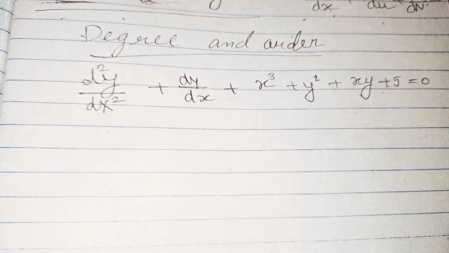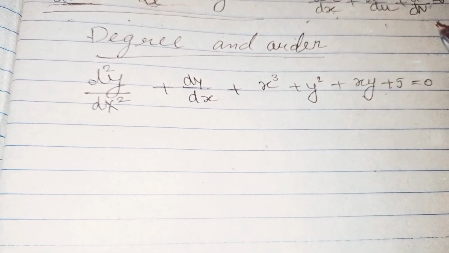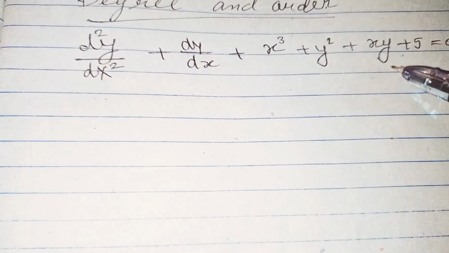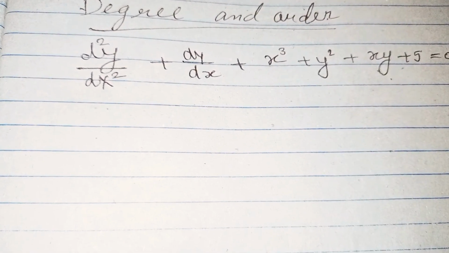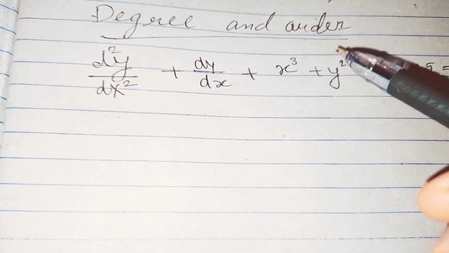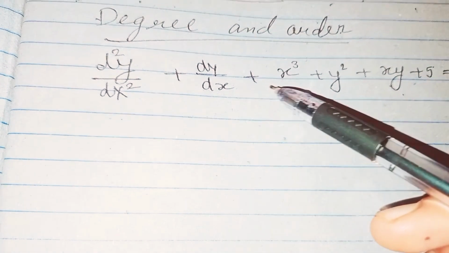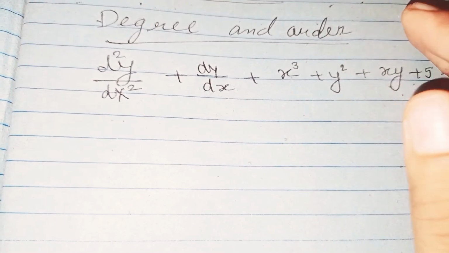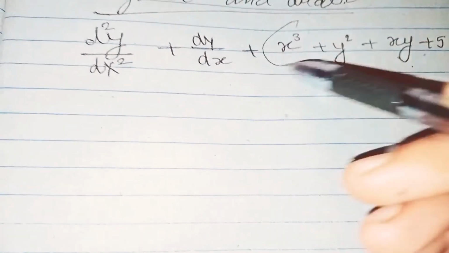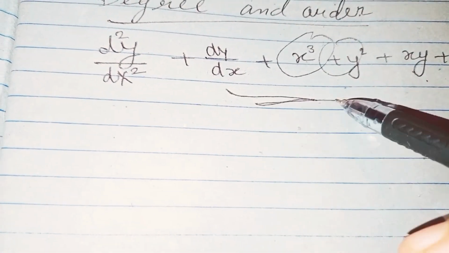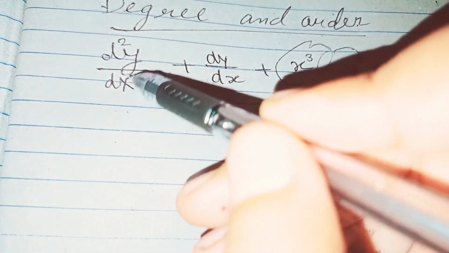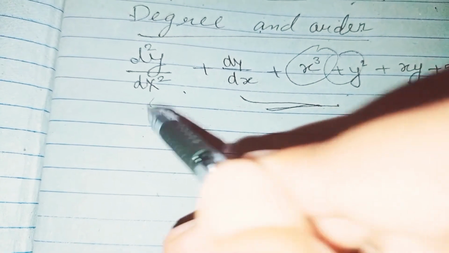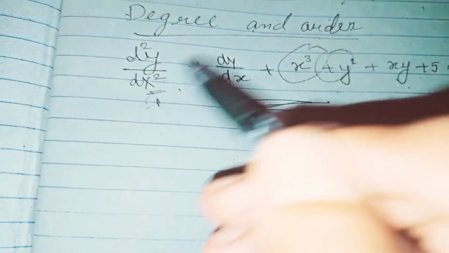Now here's our equation. First comes the order. What is the order of this equation? We are going to discuss. Here we see that the highest is 2, then 1, 3, then 2. For order, we are not going to consider x or y. There is no use of these terms, so we consider the differential terms as the main part. So its order we are mentioning here.